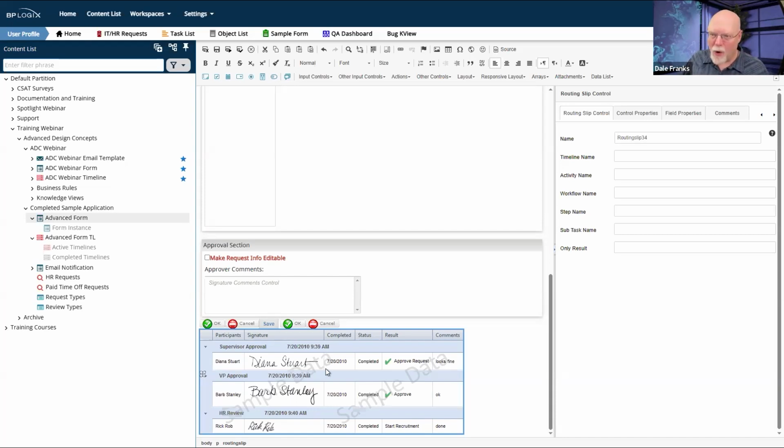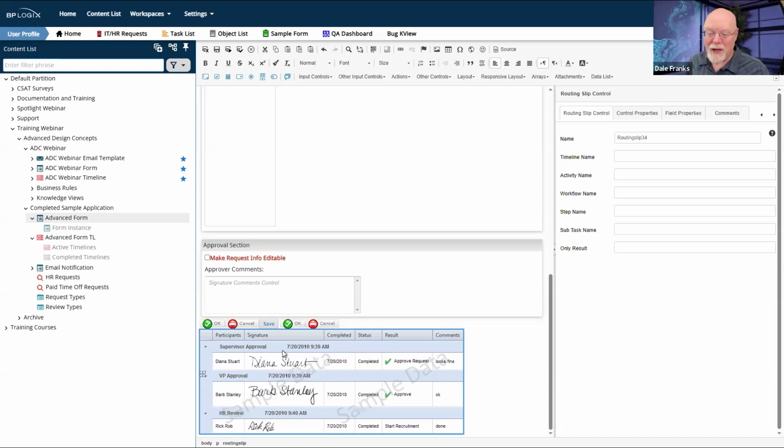I'm not going to inquire as to why that may be true. What I will say is that the BP Logix recommendation, or all of our recommendations, are generally on the side of transparency and enabling everyone to know what is happening with the process when it happens. So our recommendation is that you place a routing slip on the form.